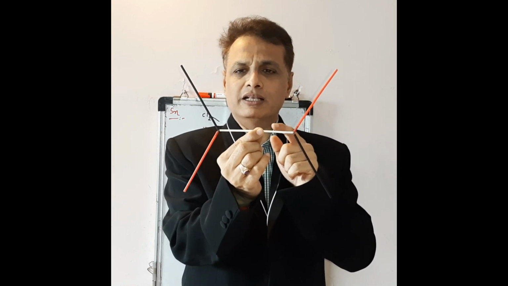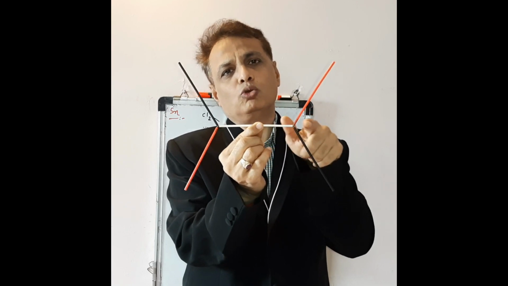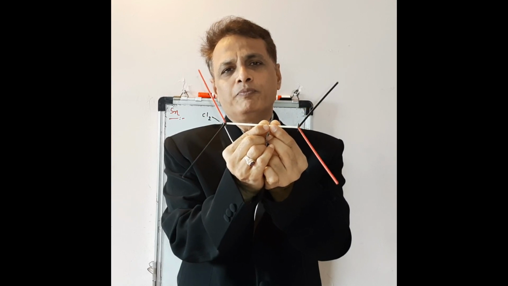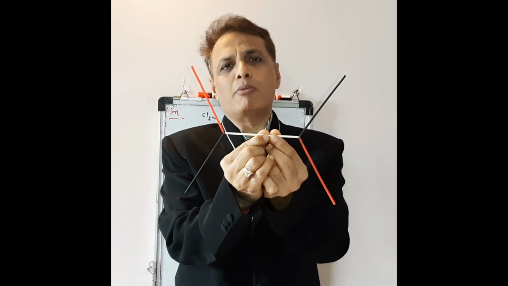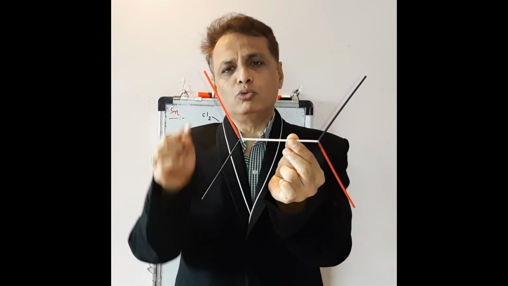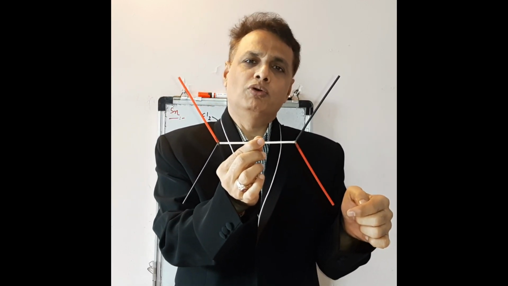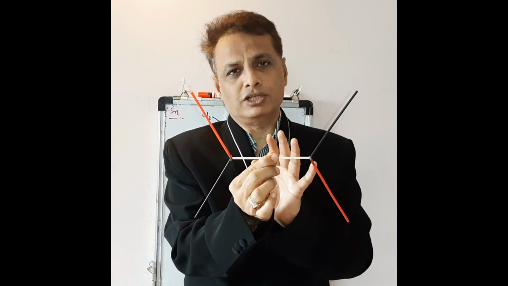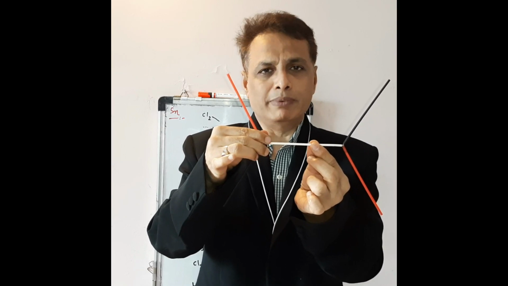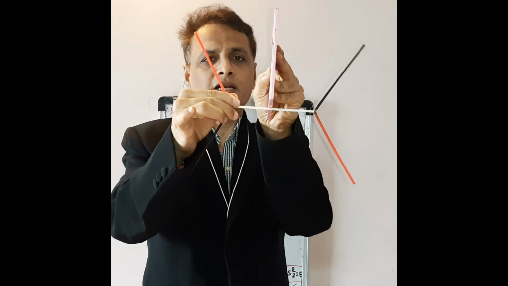Now, if we consider this white ribbon as an axis which passes through the 2 carbon atoms, and if this molecule is rotated by 180 degrees about the axis, then H1 is shifted to Cl1 and Cl2 is rotated to H2. Now this is called the resulting configuration. Now this resulting configuration is reflected in a plane perpendicular to the principal axis. This is your principal axis. So this is the mirror plane.